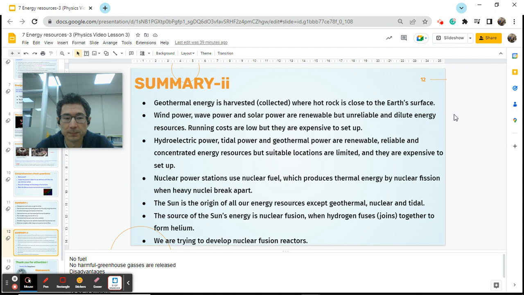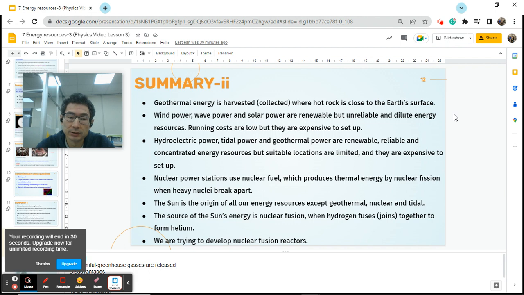What do you think? Please research what the efficiency of average solar power is. It should be about 20-25%. So not very efficient. Running costs are low. Okay, the running costs are low. The initial